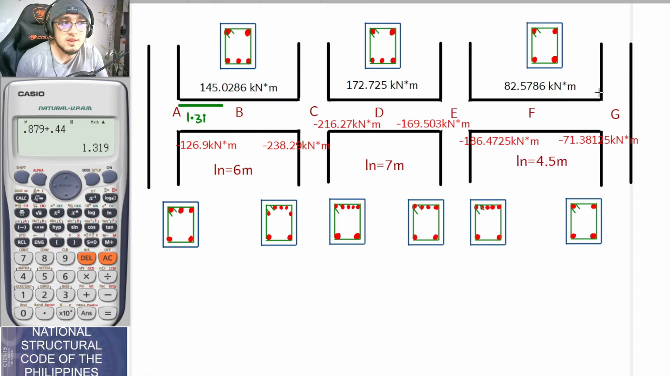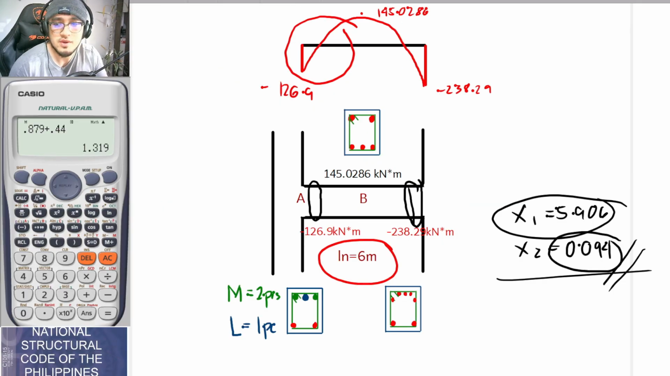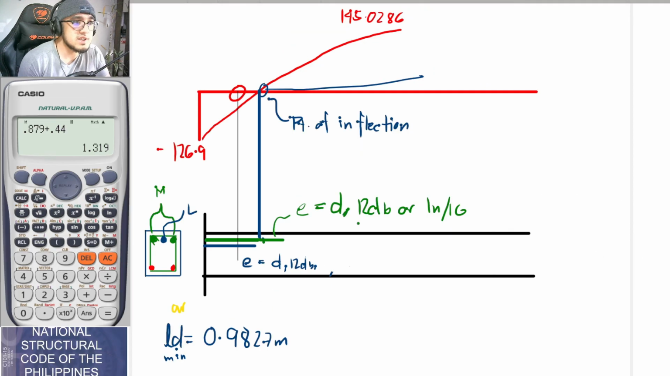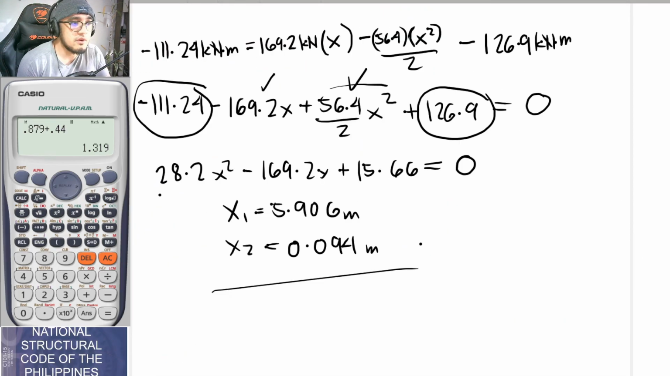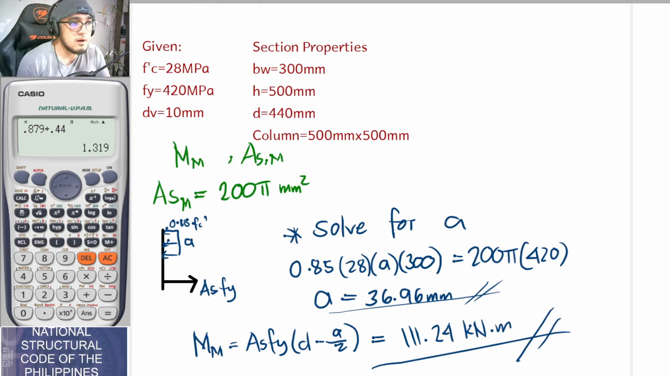So ayun. So that is for the, what you call this? So that is for the development length for the tension rebars for, well, negative moments. Okay. So I will be providing a separate video for the other provisions, such as for your LDH